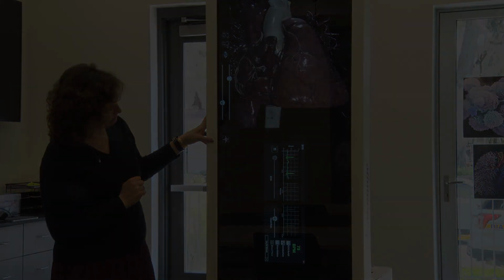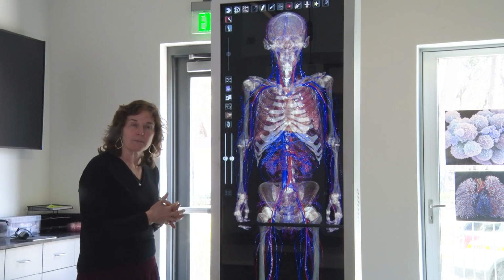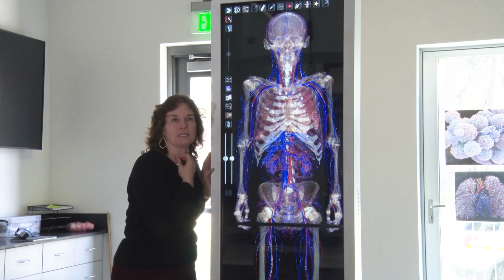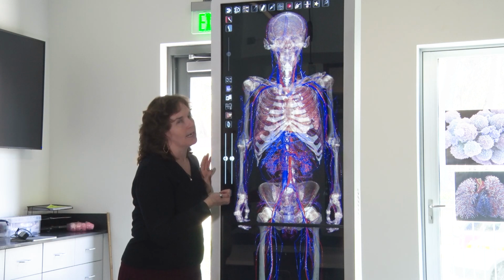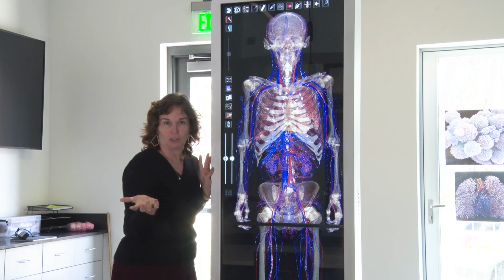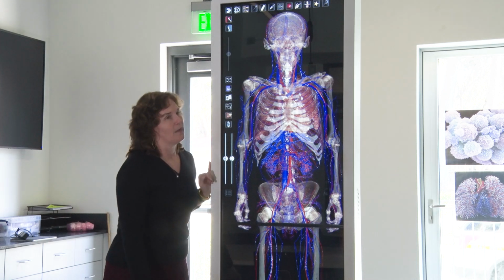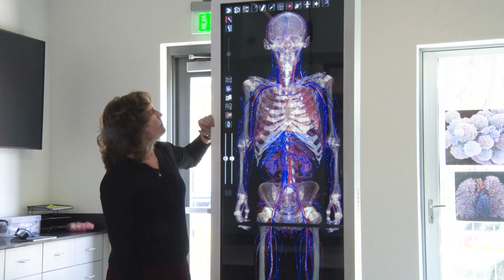Yes, we've also had student groups like chorus come in and look at the vocal cords so they could see what's happening in their body when they sing. We've had dance classes come in and look at different tendons and ligaments to see what they're stretching when they actually stretch and why. I've had Latin classes come in because a lot of these words,